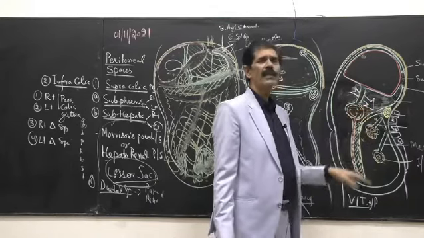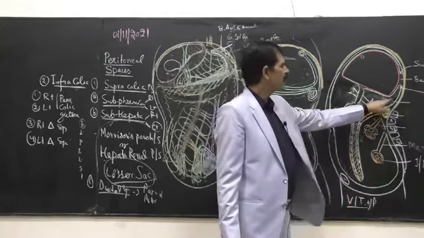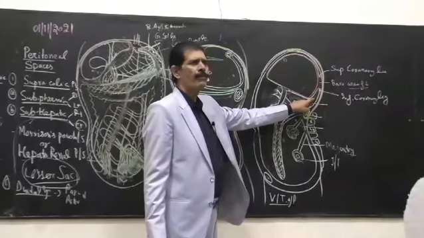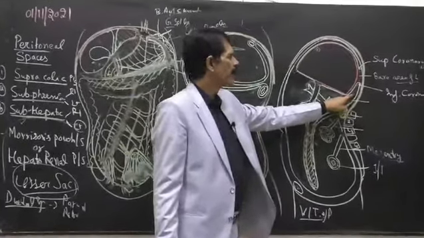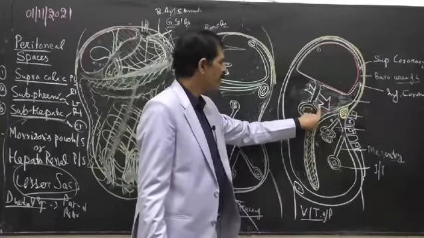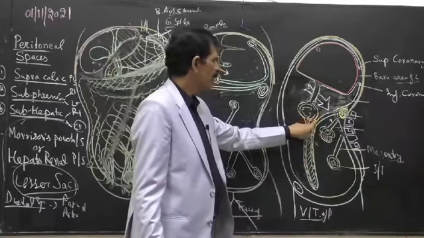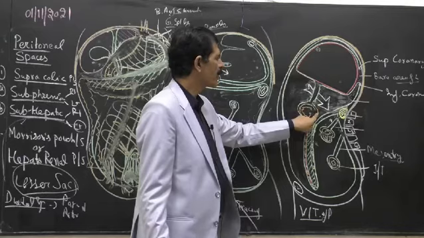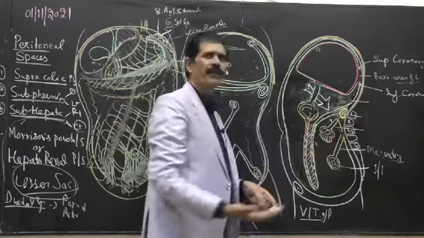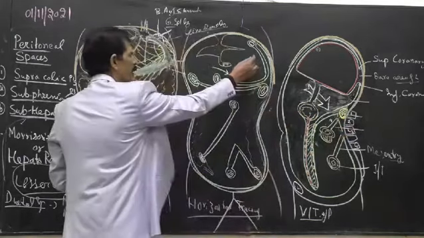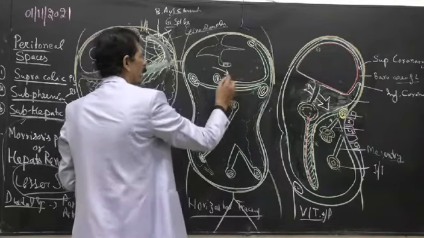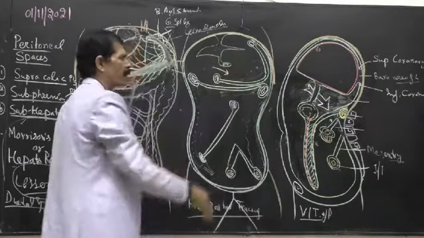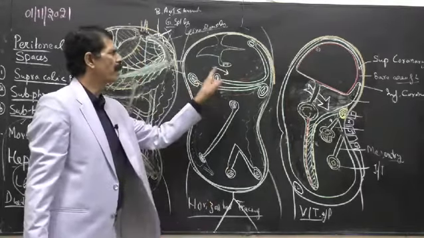Then it has the recesses. This is called the superior recess of the lesser sac. This is the inferior recess. Between number 2 and number 3 layer, they are almost glued together, but only in children they are separated. So this is the superior recess, and this is the inferior recess of the lesser sac in the horizontal tracing. So you have to make 2 diagrams when the lesser sac question comes.